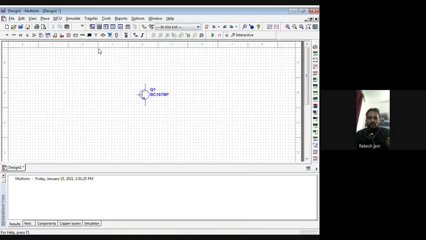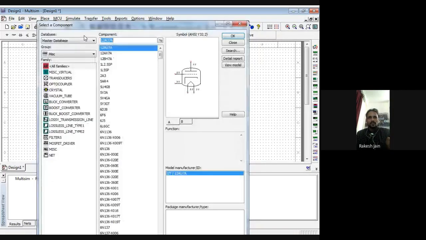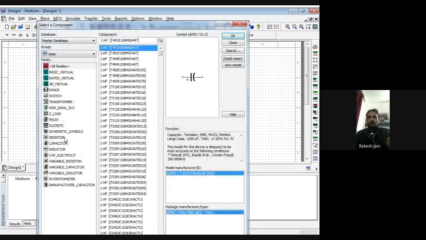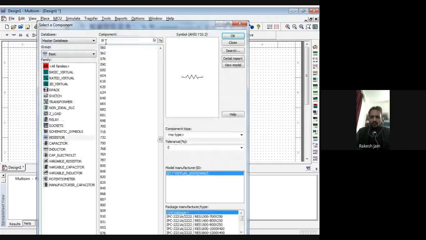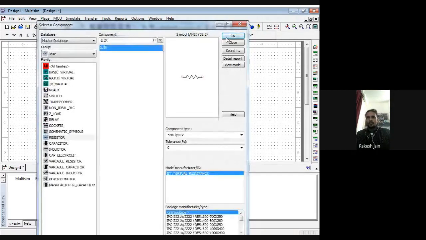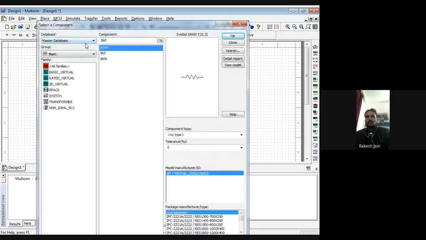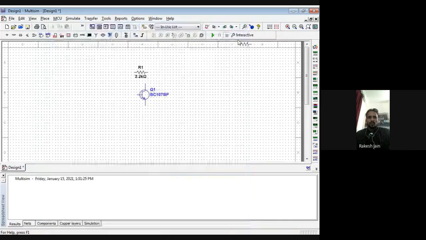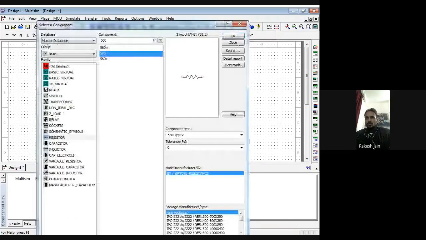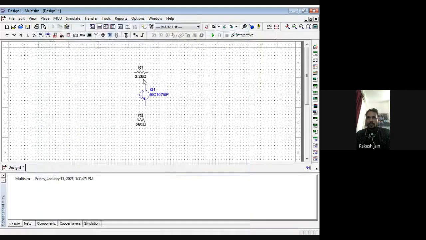Because we require two resistors, go to MISC, then basic, then resistor, 2.2 K at the collector side, and one is 560 ohm. Okay, now rotate it. So right click, then rotate 90-degree clockwise.